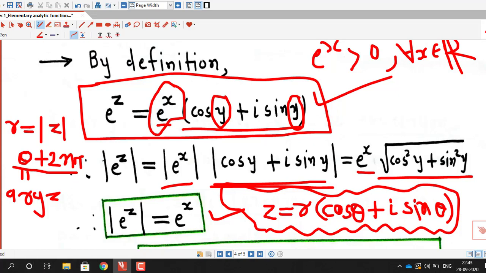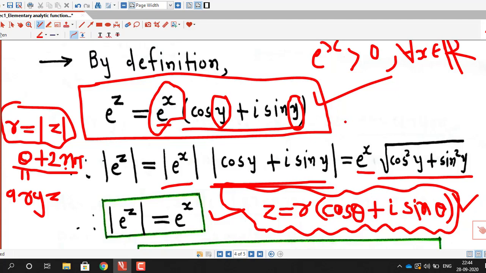So again I repeat, if z is r into cos theta plus I sin theta, this r is nothing but modulus or absolute value of z, and theta is nothing but argument of z. So to include all possible values of argument, we write argument of z equal to theta plus 2n pi, where n is any integer. Now if you compare this z